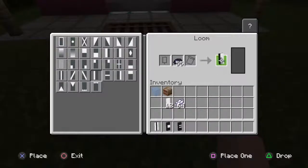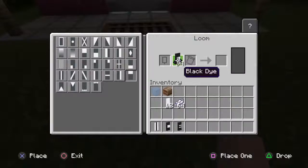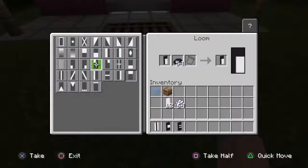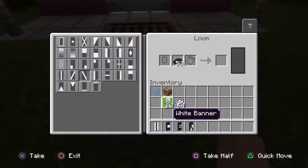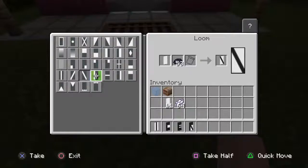Nice. Next would be C again, but we can just reuse that banner, so we're going to be making R. That's a vertical row here on the left, horizontal across the top, and then a diagonal row top left corner to bottom right. The next letter would be E, but we already have one and we can reuse it, so we have to make A instead. That's a horizontal row across the